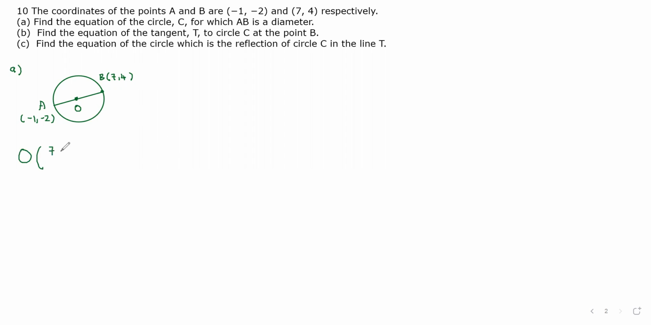So you have (7 plus -1) divided by 2, and also (4 plus -2) divided by 2. Then the coordinates of the center is given by (3, 1). To find the radius of the circle, we see that the radius is the distance between the center and point